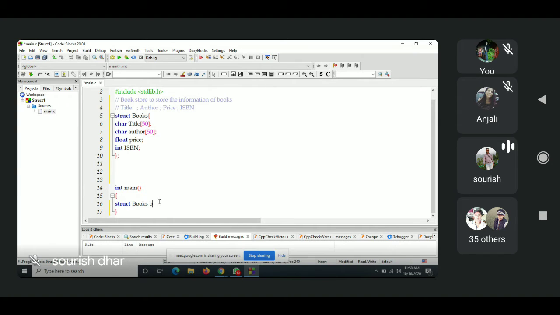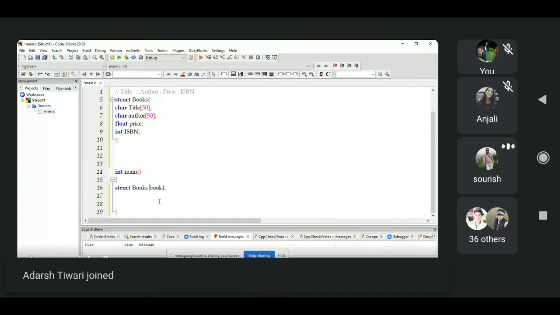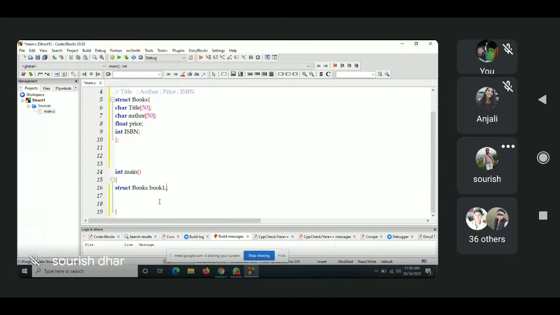And let's suppose I will say book1. I'll take two books, book1 and book2. So I'll create two books, and let me initialize with the first one.